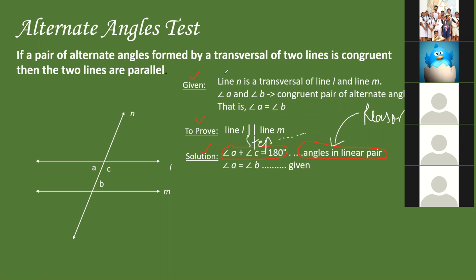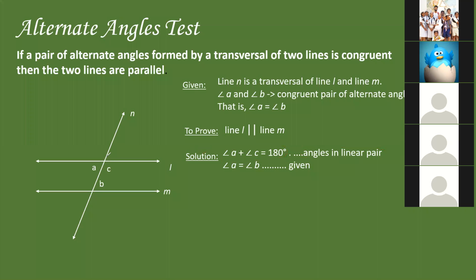For example, if I look at the second step over here, I have written angle A is equal to angle B. At the same time, I have given the reason why: it is already given. So this is the method we are going to use for writing theorems, and it becomes very easy. Given, to prove, solution, then the step over here and the reason over here. Always remember this. So this is the first step.